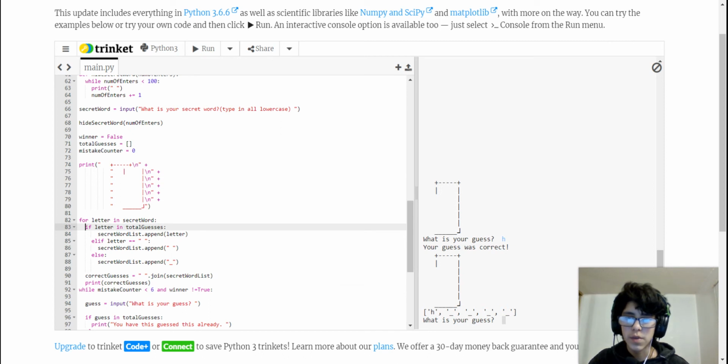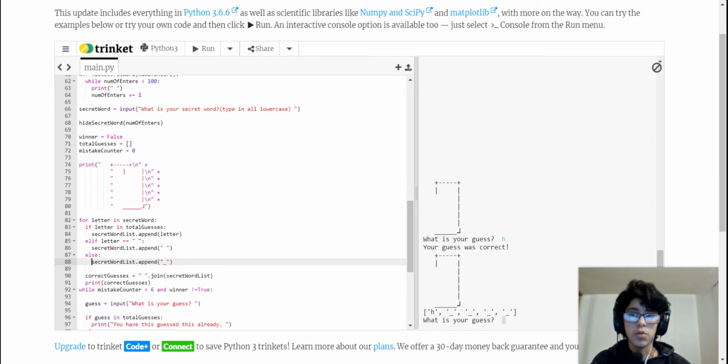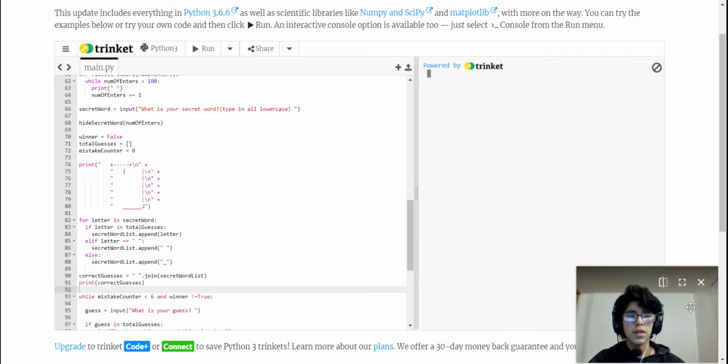But the thing is, we have to take away these indents because they're unnecessary. It's taking a little bit of time, huh? But yeah, there you go. So I put it there. So now what it will do is it'll print it first thing